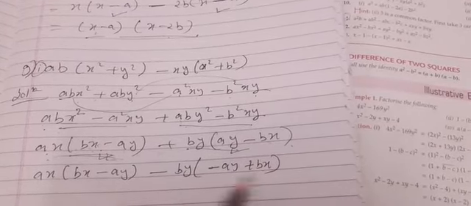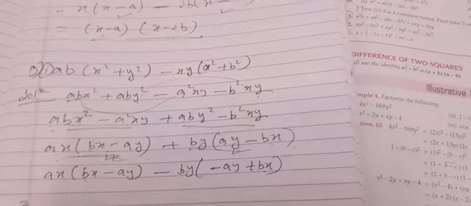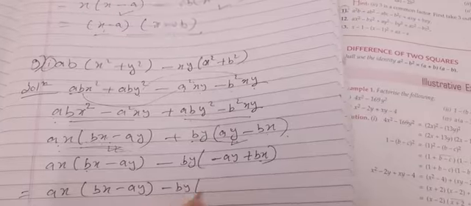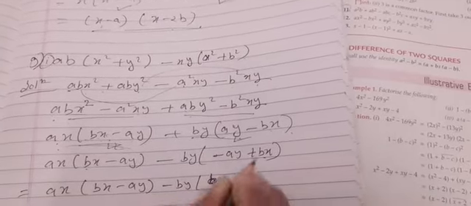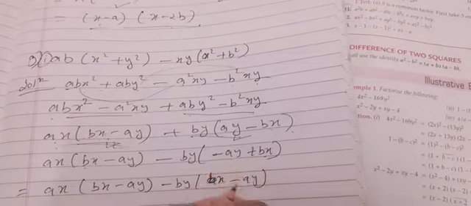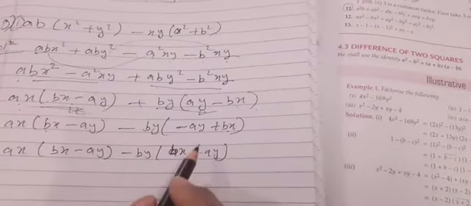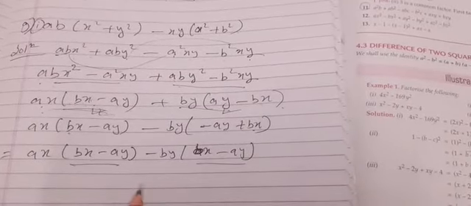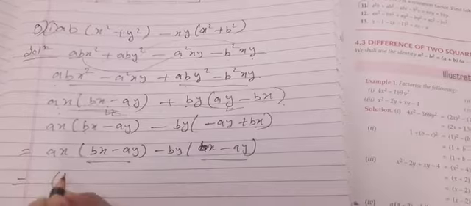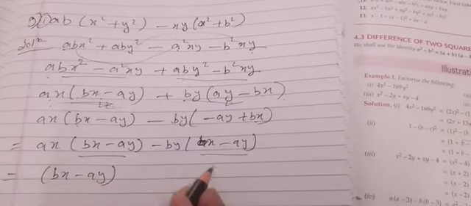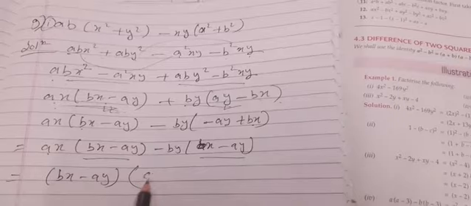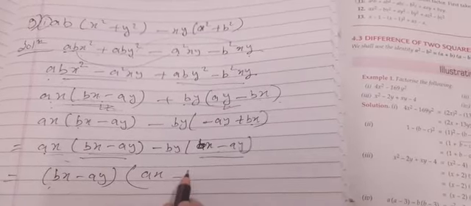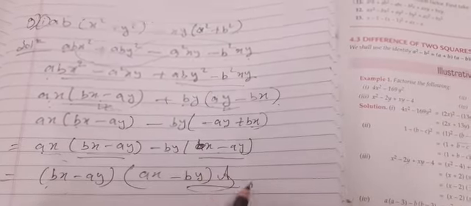Now if you see carefully, both terms are the same. Let me arrange, then you can easily understand that yes, both terms are the same. Inside the bracket, first of all I will write bx and then minus ay. There is no difference between these two terms, only the arrangement of numbers has been done. Now see, bx minus ay and bx minus ay, both are common, so we will take bx minus ay as the common factor. And what is the remaining thing here? Here is ax, this is outside the bracket, and here this one is outside the bracket, so the remaining thing is minus by. This is our answer.